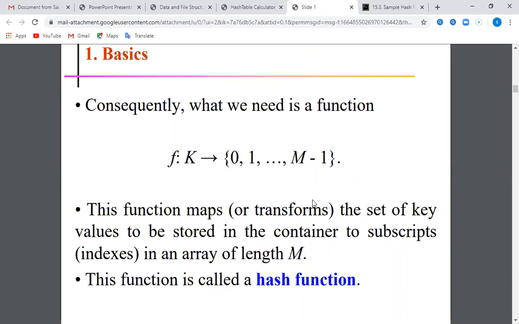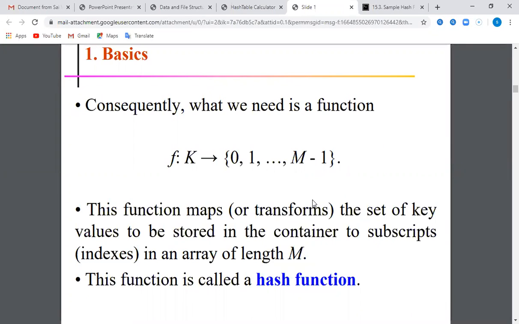This function maps or transforms the set of key values to be stored in the container to subscripts or indexes in an array of length m. Go through this definition carefully. If you want, you can also write this definition. This function is called